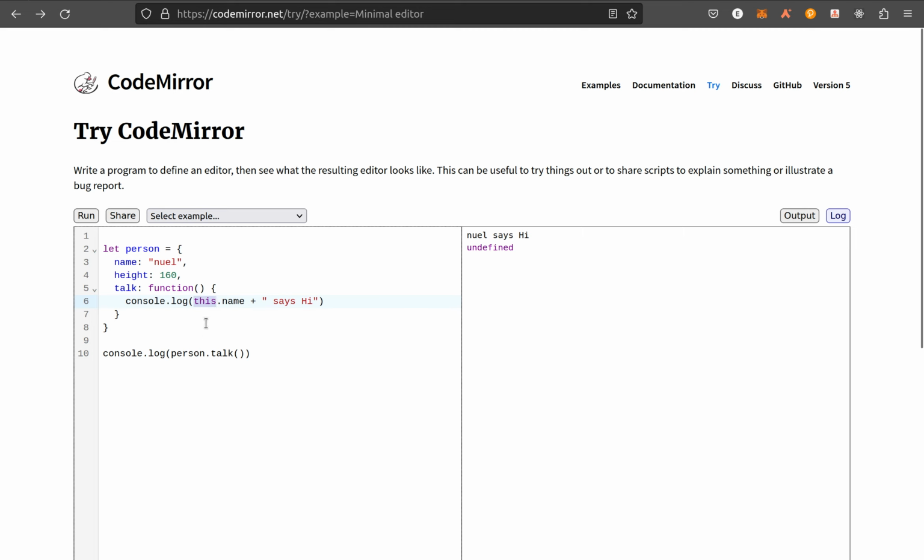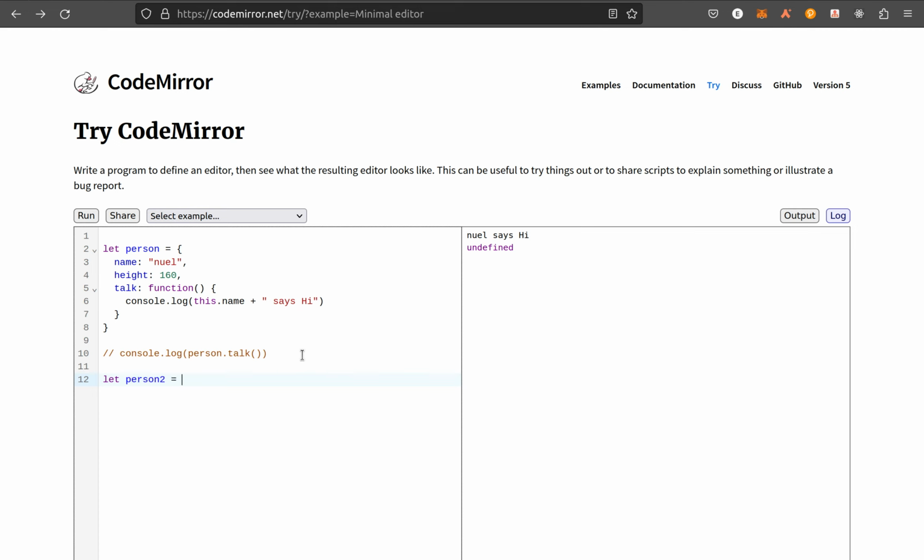Okay, so moving on. Say for example, we want to create multiple instances of person, because of course there are a lot of people in this world. With what we have so far, the only way we can do that is to just duplicate the object. So say something like this, person2 equals an object, and we can say name, let's say Kausara,